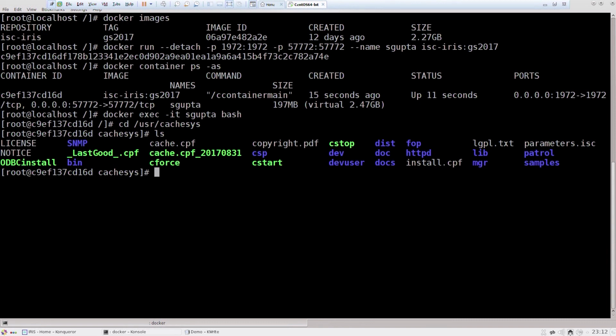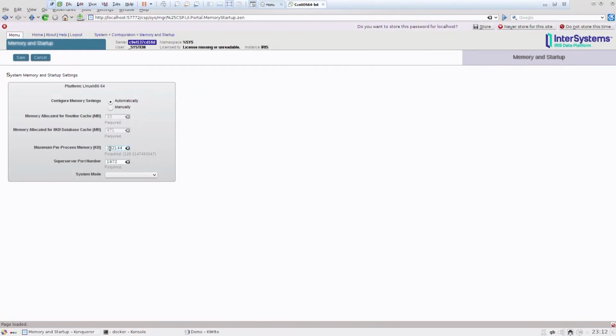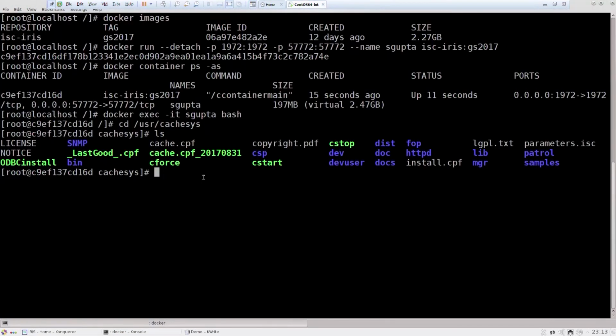Now, typically when you have Cache, there are a lot of things that you need to do, whether you're creating certain users, roles, privileges, or you're changing certain parameters. So let's say I change this parameter and make it 462, save. Now what has happened is, when I have changed this parameter, the configuration has changed in my CPF file, but that CPF file is local to the container. What it means is that if I were to stop this container,